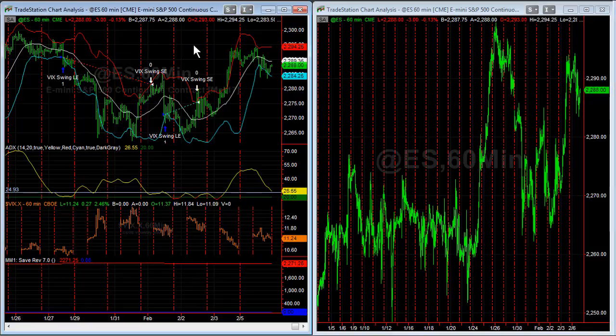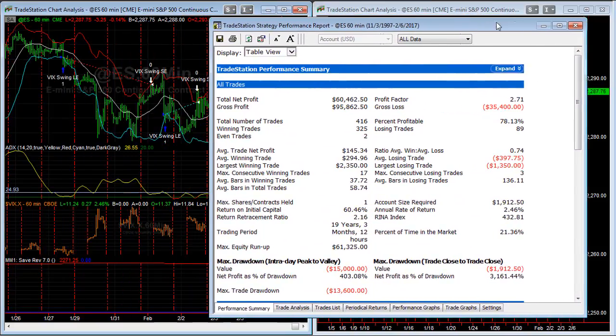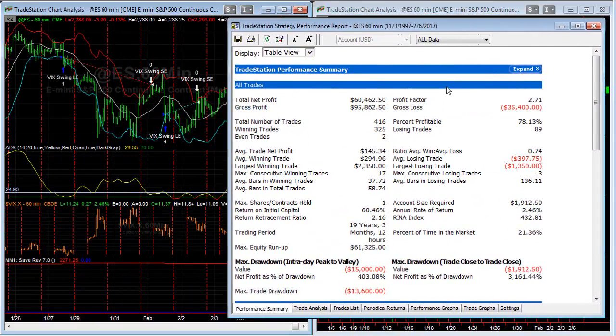In this video, we take a look at the money management algorithm optimization tool. First, we have to take a look at the setup. We're going to use the VIX swing strategy on the left. Here is an example report. The TradeStation performance summary,